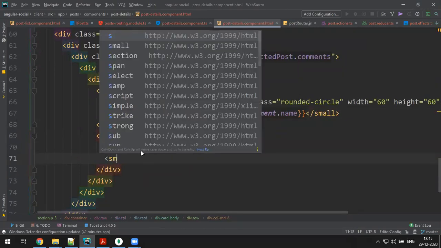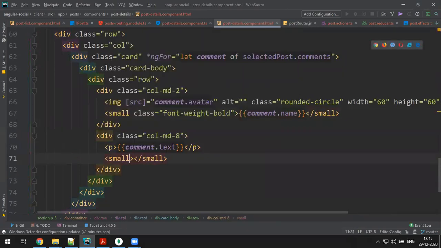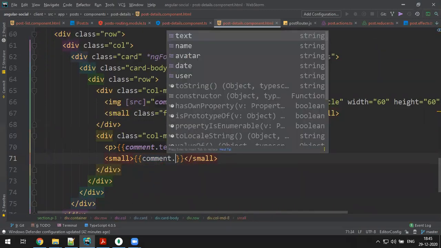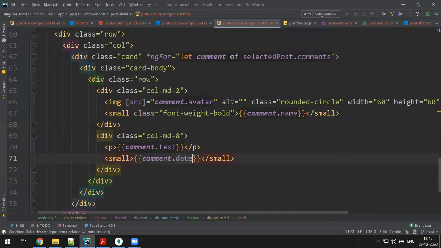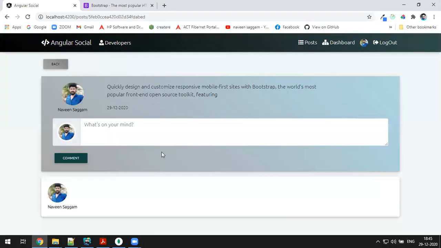And also one small tag for the date, expression comment.date with the date filter, providing the format dd-MM-yyyy.